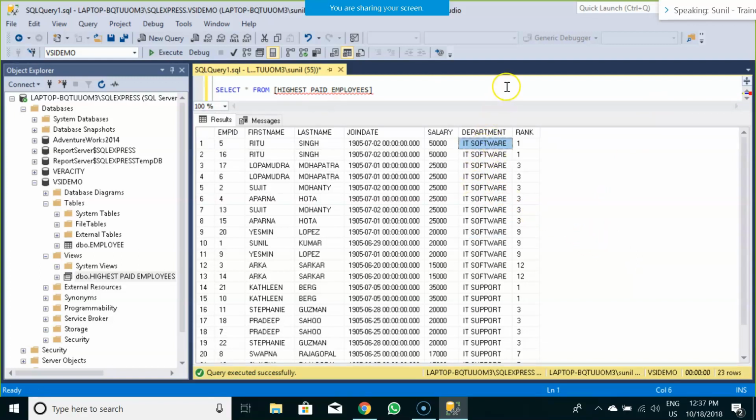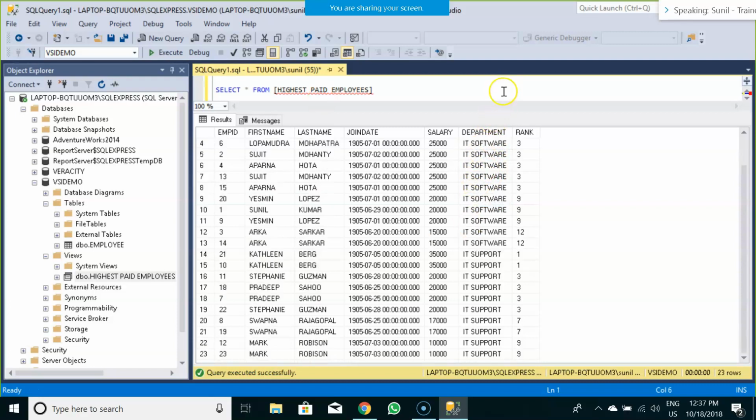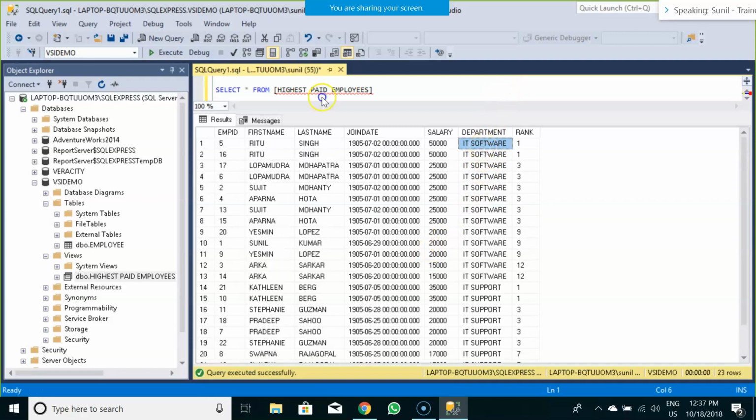The only thing is that we have applied a partition on the department column so that we get a better ranking based on the department. In our earlier case, we had ranking, but we didn't have a partition on the department, so the results were confused. Now I want to rank the salary based on the department.